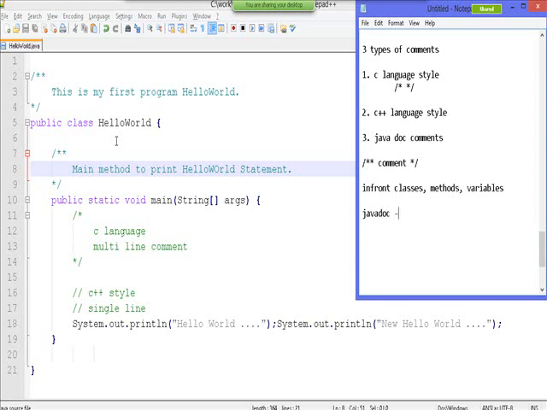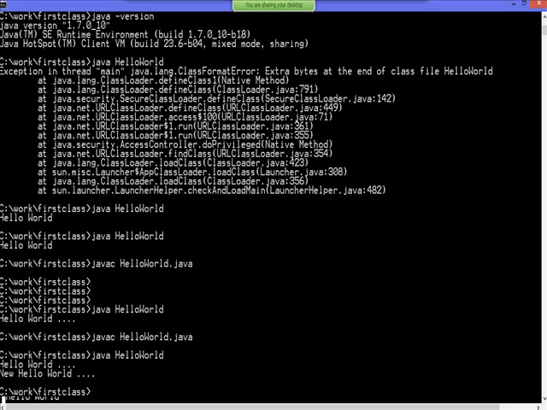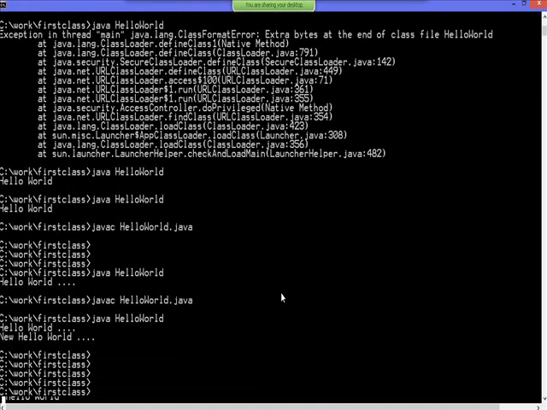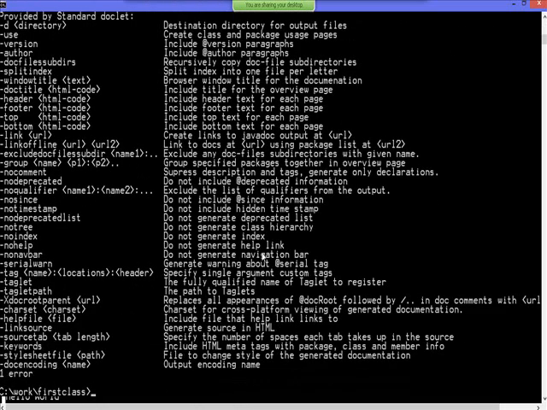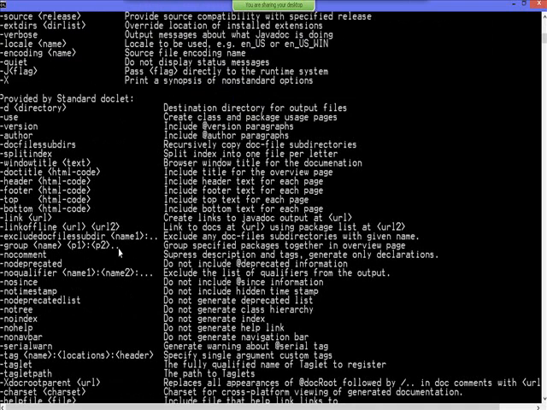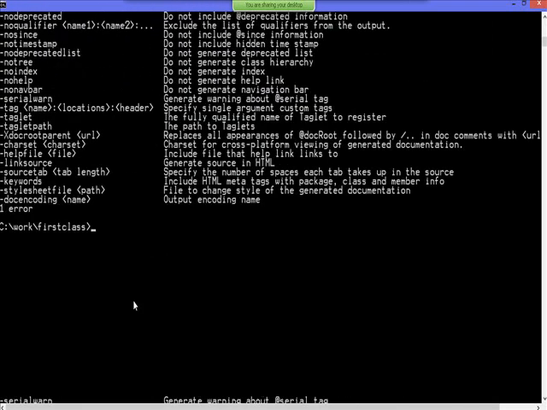So what this Javadoc tool does is it will read your Java code and get all the documentation you provided, and from this it will produce a nice HTML documentation. Let me show you how I can generate the HTML documentation from this file. There is a tool called javadoc and you can see the options of what exactly it does. It provides a lot of other options, but let me show you one simple